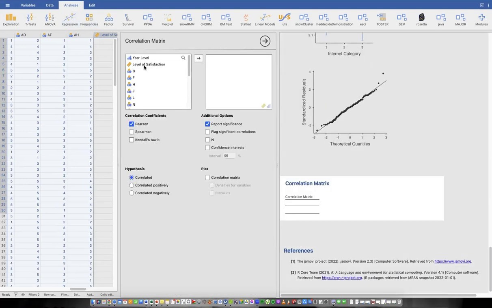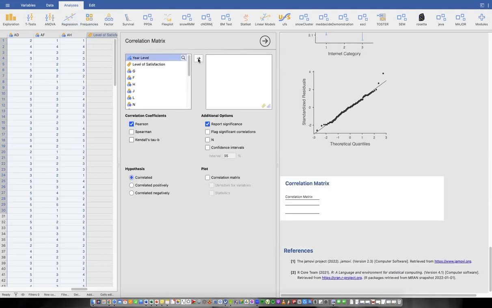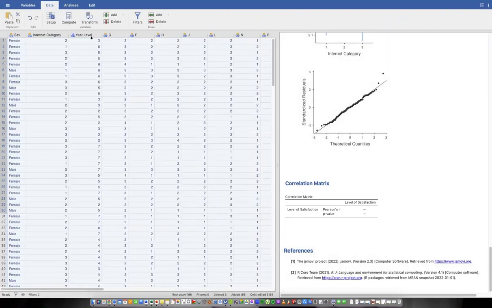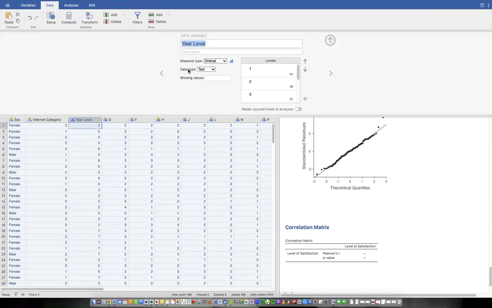And right here, I want to input the year level and the level of satisfaction. Oh, it does not allow it. Okay, let me see. There's something wrong with the data. The data in year level is numerical. Oh, but the data type is text. So be careful with that. I want to make this an integer. And all the numbers